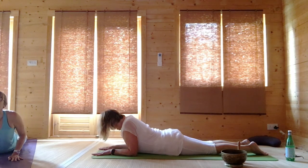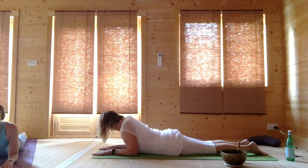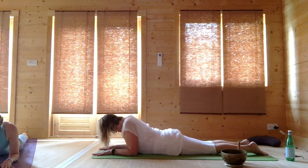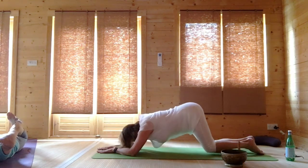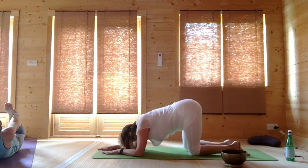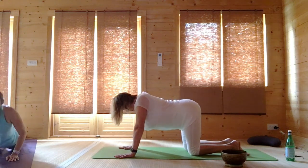Inhaling, press your elbows down and almost pull your upper body towards the front of the mat. You create a tiny space, it's very releasing for the lower back. And then release that, come to kneeling again, move your elbows back to facilitate that. And then come back up to cat, dipping your back once more,